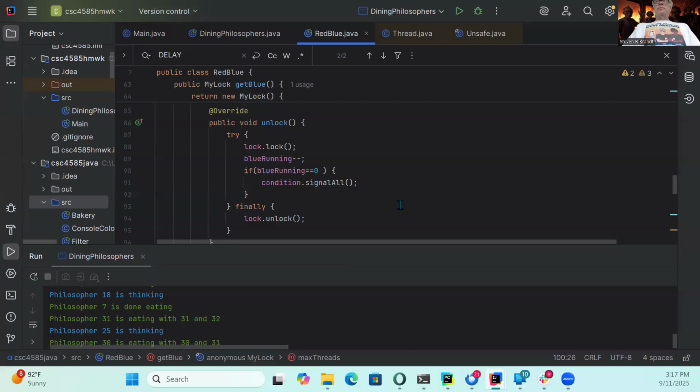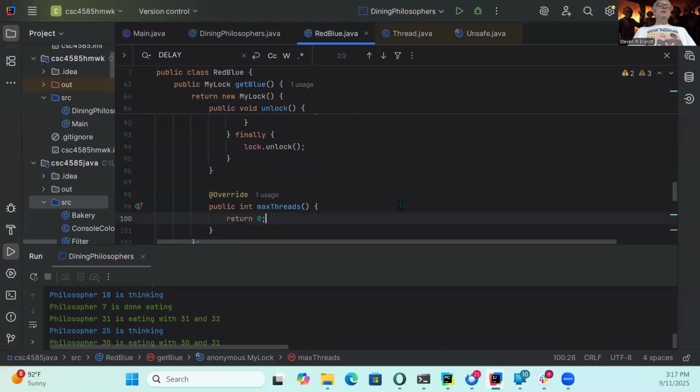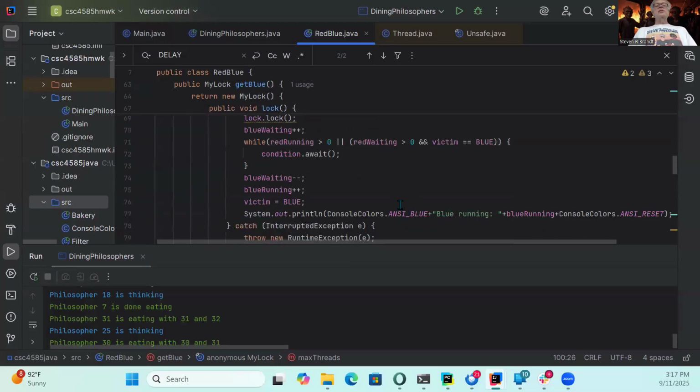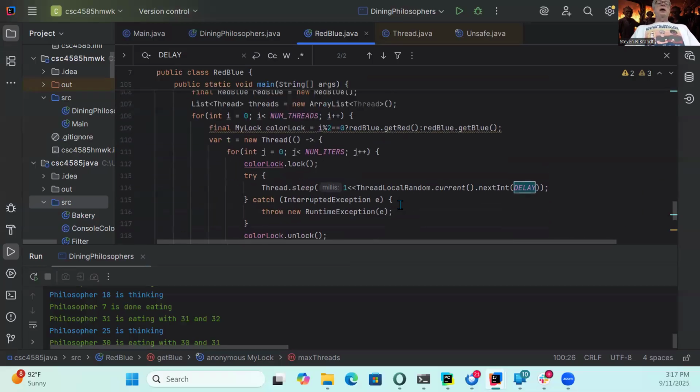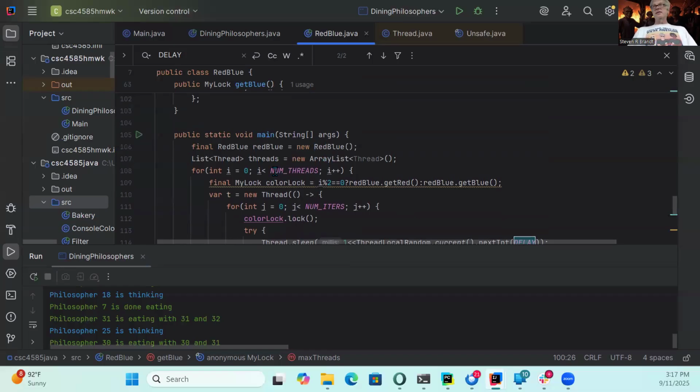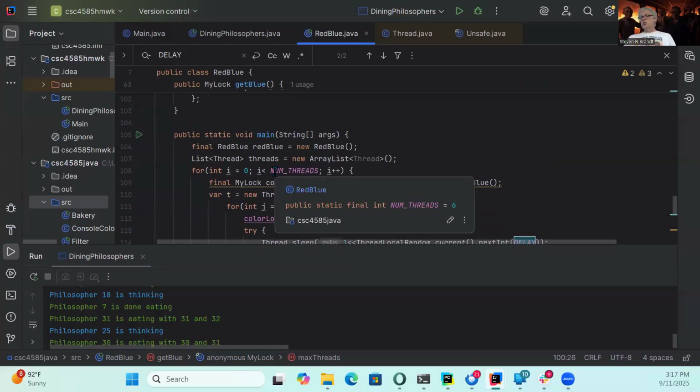Okay. What's the point? Why did you have max threads? Well, let me show you why. I went to build a main method to test this. Now, you should always test your code. When I assign you code, in addition to having it compile, you should have something there to test it. Because if you don't test it, it's kind of like not compiling it. It's not going to work. You should always have a test for things. So I always write one.